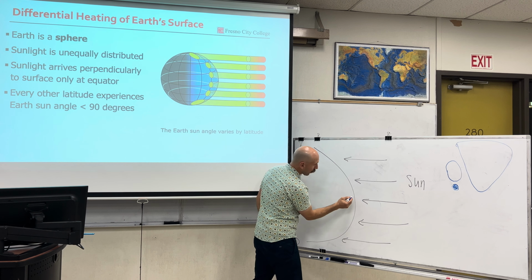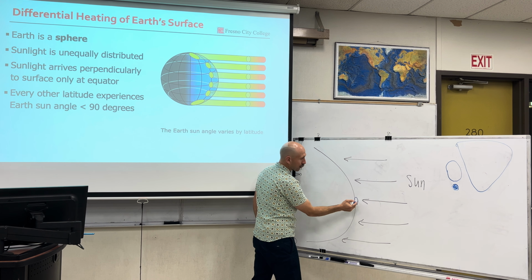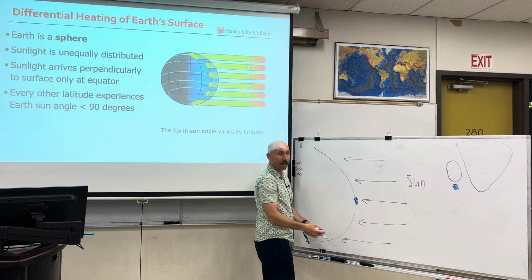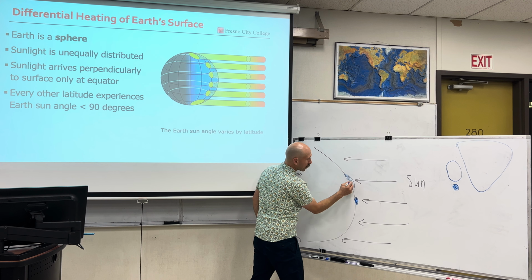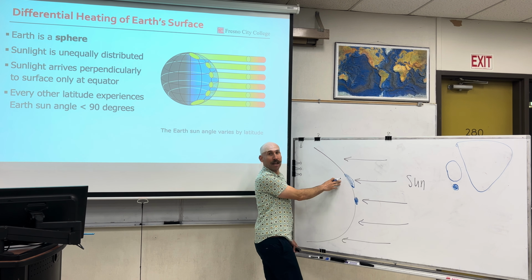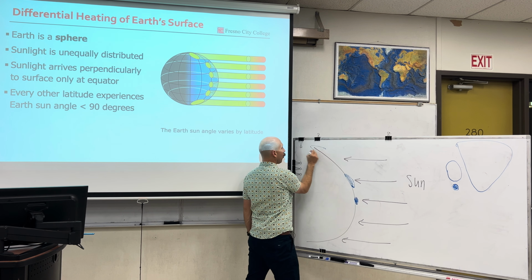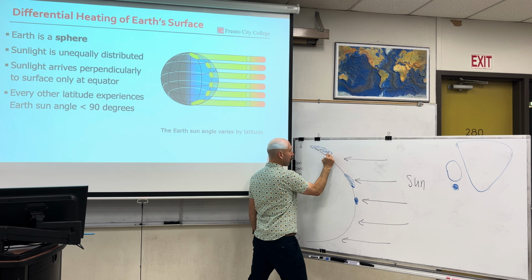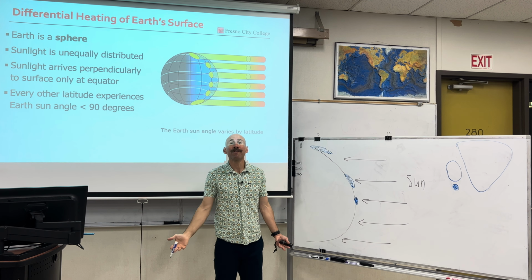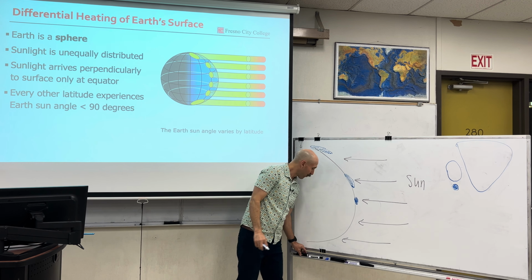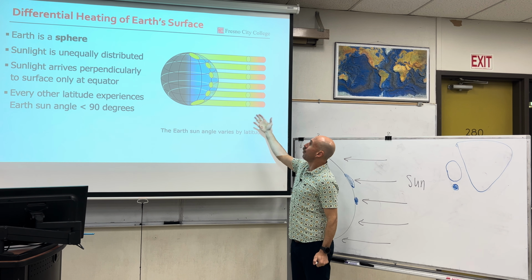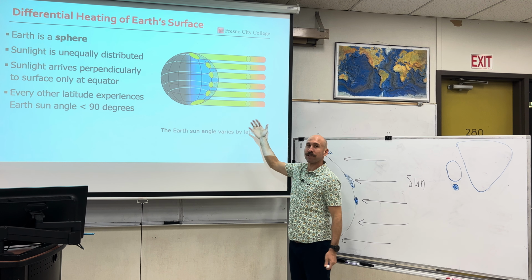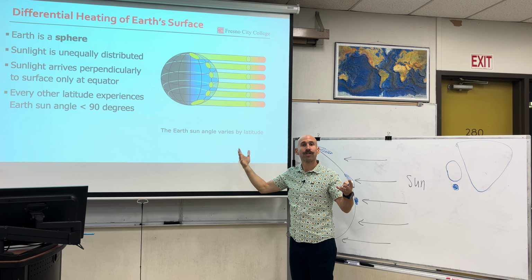Take this to our Earth at the equator, where the light is directly overhead. The same amount of solar energy is dispersed over a smaller area, meaning more heat. The higher up you go, the more it's dispersed over a greater amount of area, meaning not as hot. Once you get up to the poles, it's over a great amount of area, meaning the poles are very cold. So what we have here is an unequal heating of Earth's surface due to the nature of Earth being a sphere.